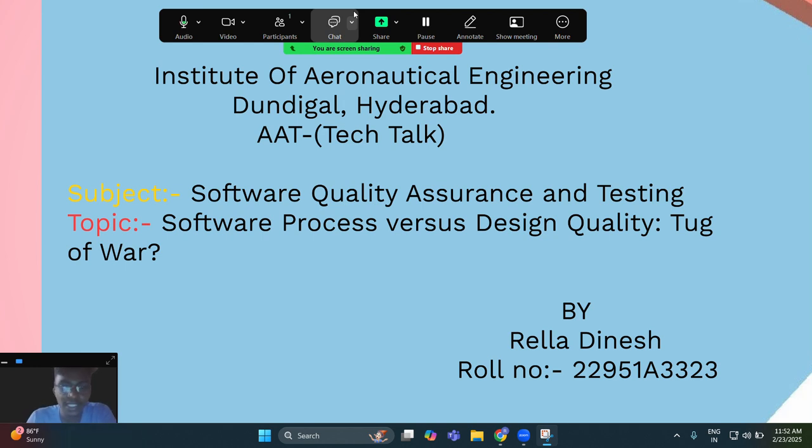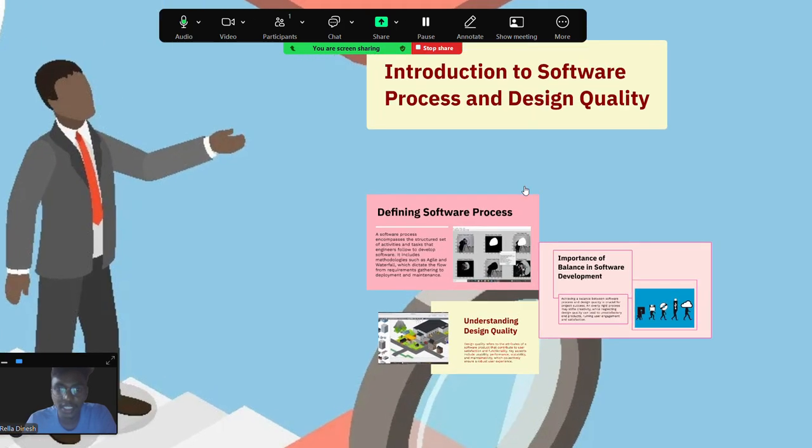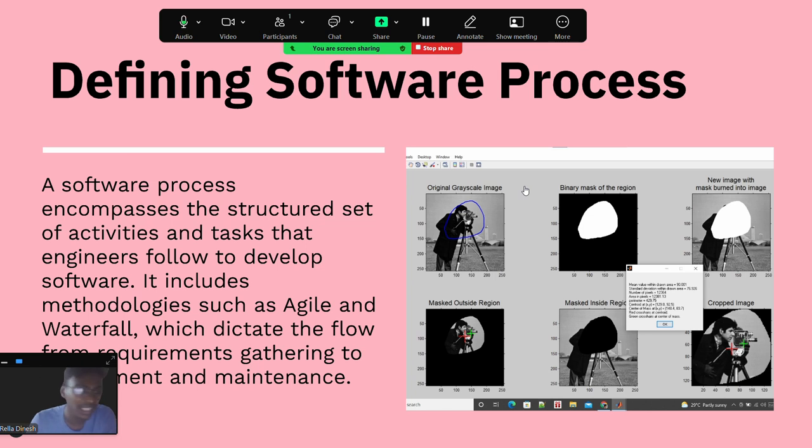From CSITA section in software quality assurance and testing, my techtalk concept is software process versus design quality tug of war. In this presentation, we will see about software process and what a design quality is and the difference between them. Okay, now we'll see, second, what is a software process? In this, we have many software processes like agile model, waterfall model, iterative model,